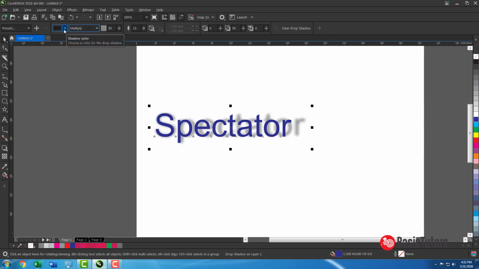The very first one is the color of our drop shadow. Then opacity, which is now set to 50. 100 means it will be darker, 90% black. If it is 10, it is very light. Then there is feathering, the smoothness of our drop shadow.